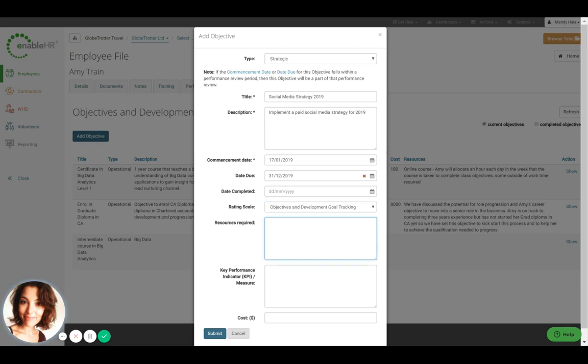This area for resources required is a great place to just quickly list what your employee will need to be able to achieve their objectives. So I'm just going to put that Amy will need a $1,000 budget per month to support the campaigns that she's doing. And then what we will measure this objective on, let's say we're going to want her to increase traffic to website from social channels